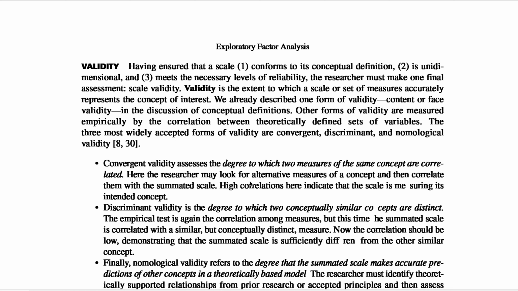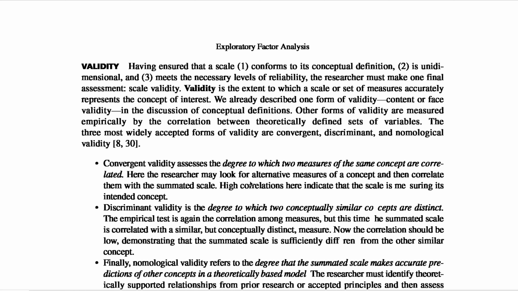Let's talk about the validity. Having ensured that the scale conforms to its conceptual definition, is unidimensional, and meets the necessary level of reliability, the researcher must make a final assessment. Scale validity is the extent to which the scale or set of measurements accurately represents the concept of interest. We already described one form of validity, content or face validity, in the discussion of conceptual definition. Other forms of validity are measured empirically by the correlation between theoretically defined sets of variables. The three most widely accepted forms of validity are convergent,